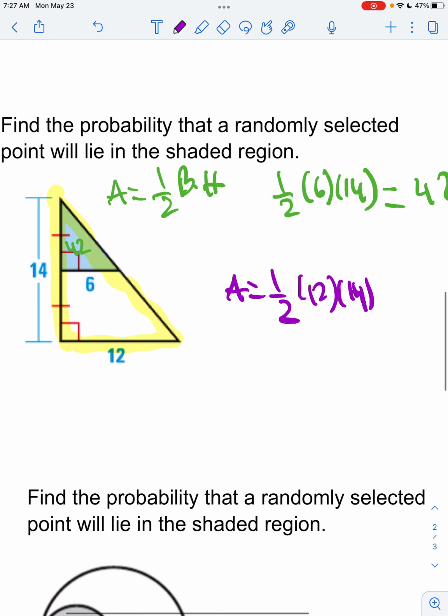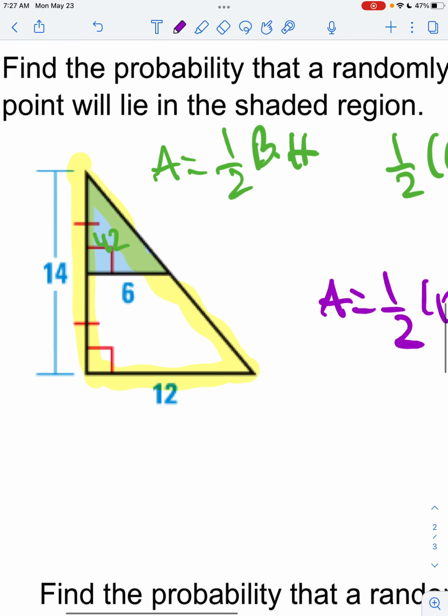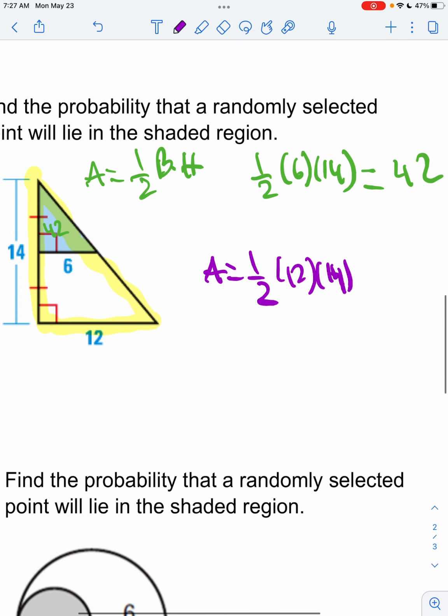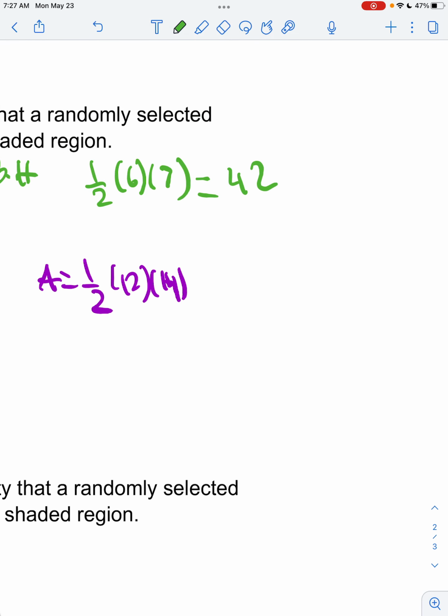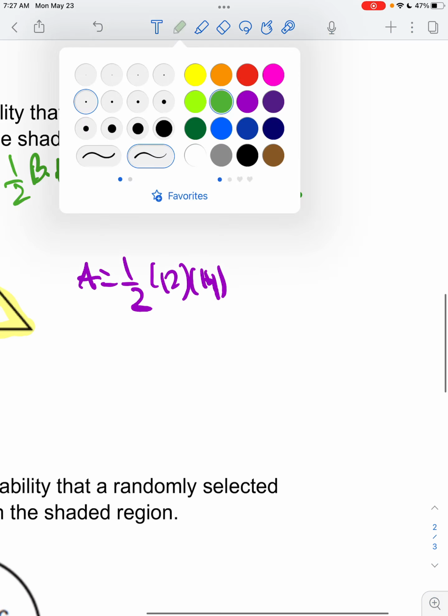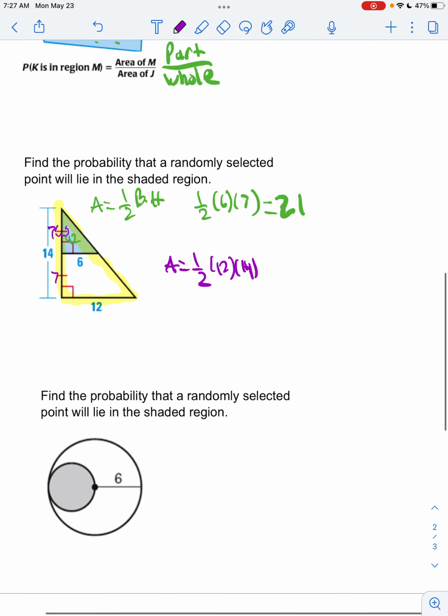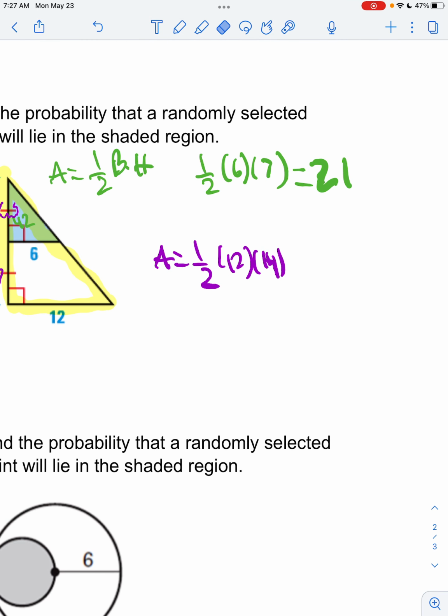I made a mistake on the previous one because the height of my small triangle is not 14. The whole thing is 14. This is only half of it, and because of this congruence marker, this is 7 and this is 7. So I have to change this from above. 6 times 7 divided by 2. Again, my answer is just going to be cut in half. But my big triangle, my whole triangle, I do have a height of 14. So 6 times 14